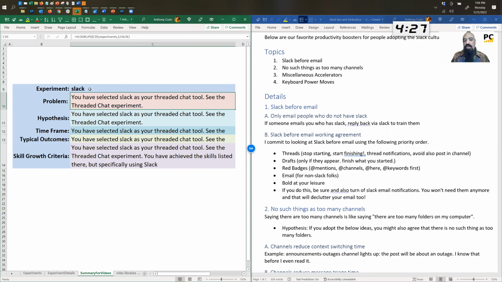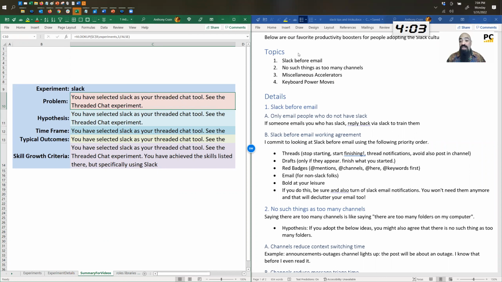So you're going to actually grow your skill in both two things when you do Slack: threaded chat and Slack itself. Okay, so with no further ado, let's talk about our favorite things about Slack. We break this up into 4 topics. Now, this is a longer one, maybe a 15-minute topic. We're going to go 5 minutes. At the end of 5 minutes, we'll do a pivot or persevere, and you can decide if you want to keep listening based on how much value you've gotten so far. So let's do our best 5 minutes we can and then make a decision in 5.